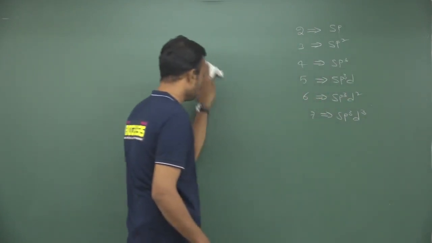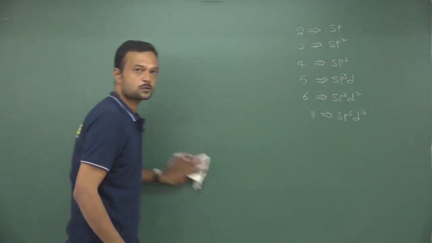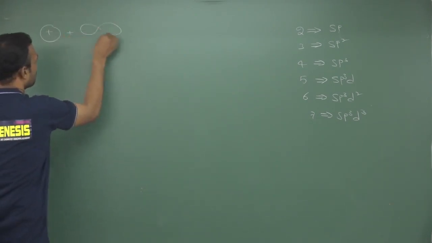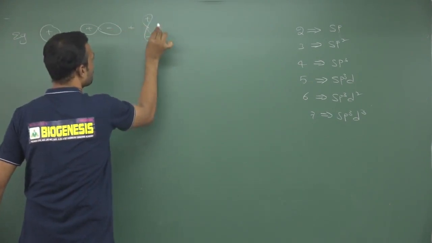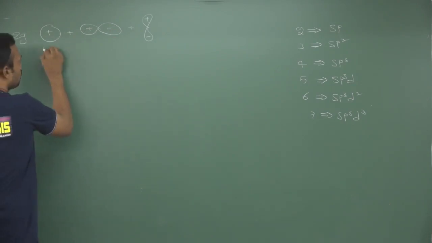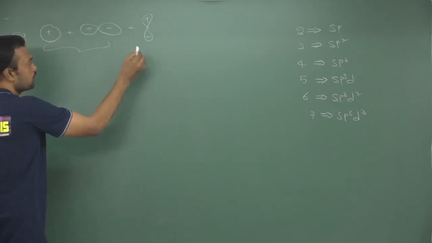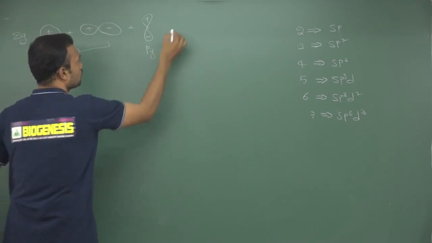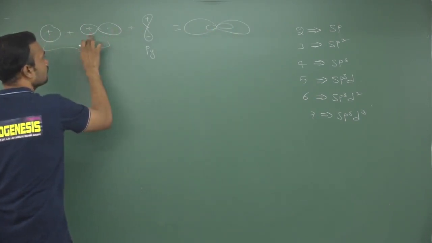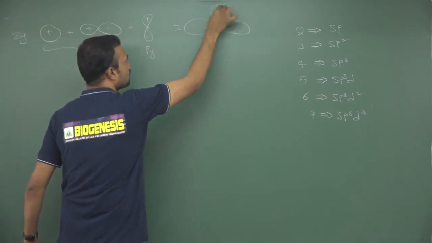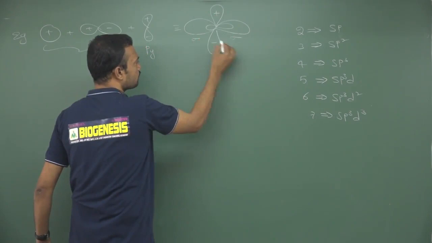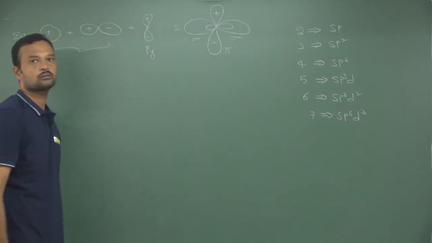See, one more I will explain so you can understand how these atomic orbitals are responsible for giving hybrid orbitals. Suppose here one s orbital, one px orbital and one py orbital are there, and out of these only 2 are combining. Only these 2 I would like to combine without combining the pz orbital; py or pz, you can take any one. Whichever is combining becomes a hybrid orbital. Whichever is not combining becomes an unhybrid orbital. The hybrid orbital is responsible for sigma bonds, but the unhybrid orbital is responsible for the pi bond.